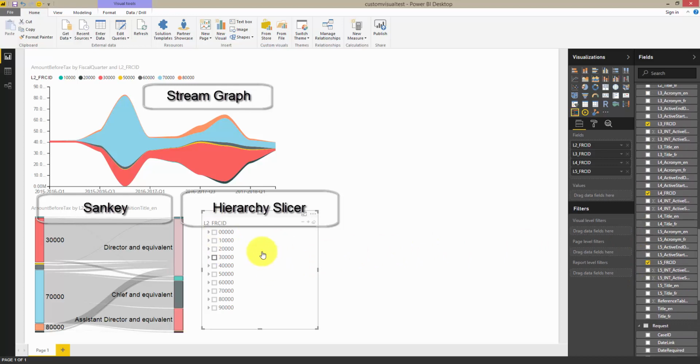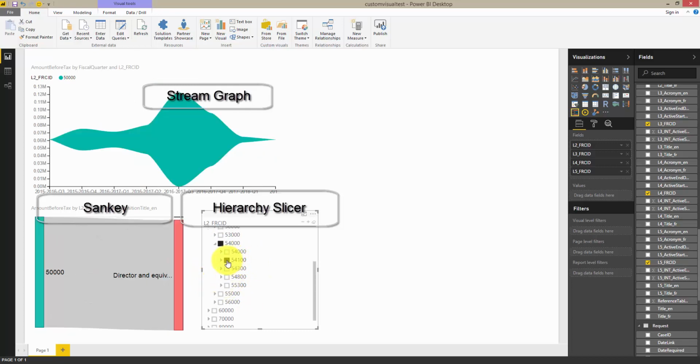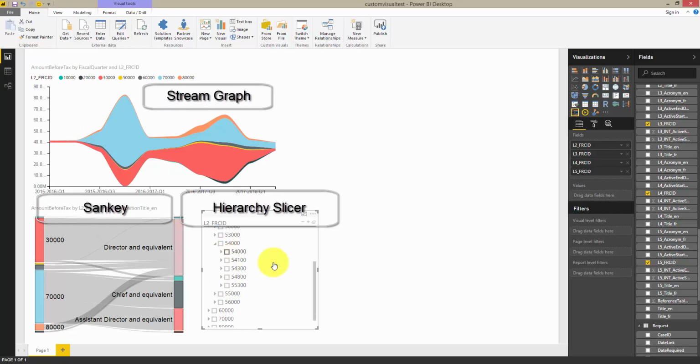So now it's a slicer, but it's just like an FRS where you can drill down and get to the hierarchy for the FRCs. And if you select something, it filters everything else, of course, based on what you select. And you can completely customize the order you want that to go down. So that's really neat. The other one I wanted to show you before I get to the play axis is